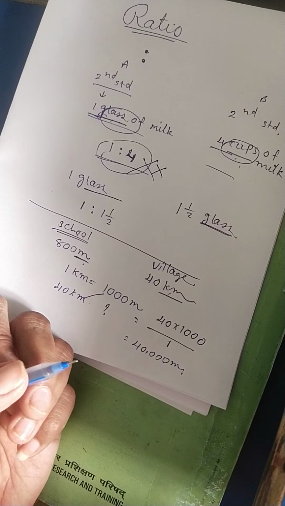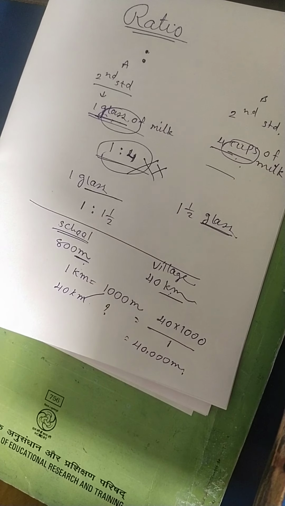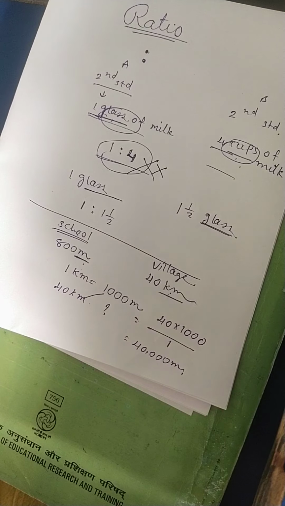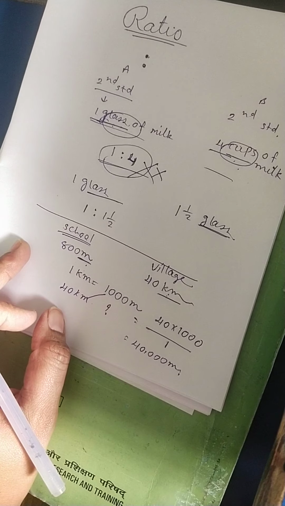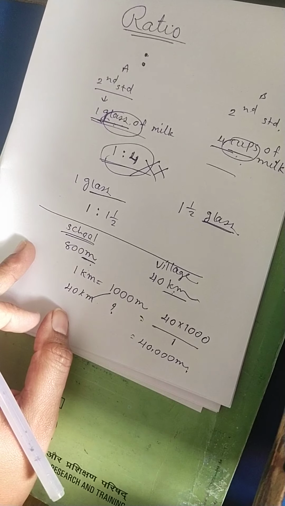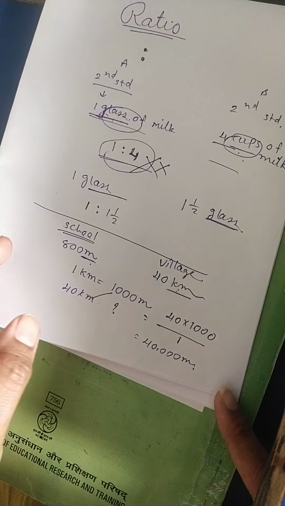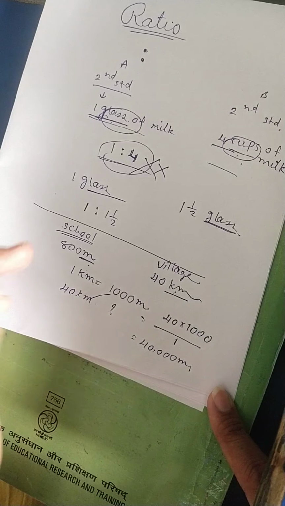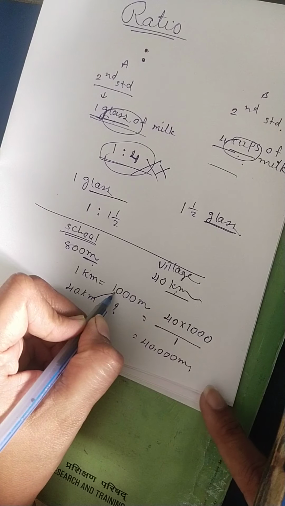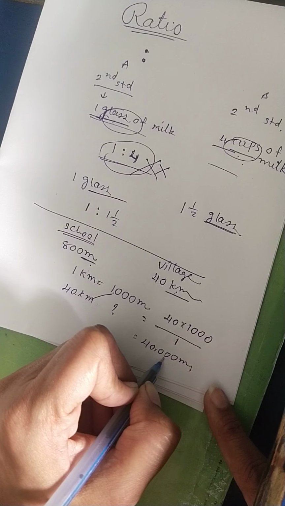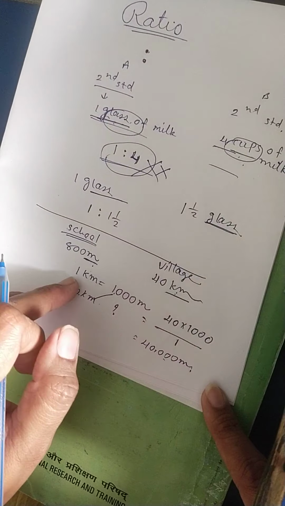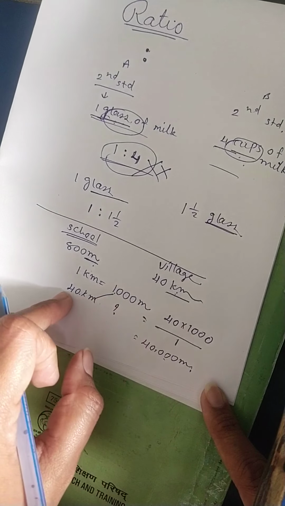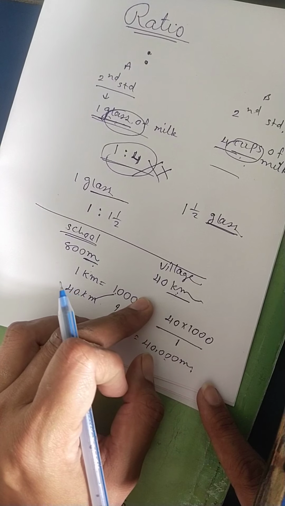If you remember, we learned "King Henry died unusually drinking chocolate milk." Can you remember, students? You can use this formula also over here. I will revise it for you. First we complete this one: 40 multiplied by 1000 is 40,000. Either you can remember it this way: we are moving small to big, so small to big means multiplication.